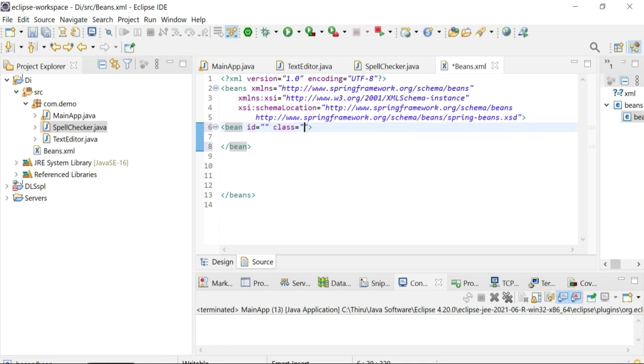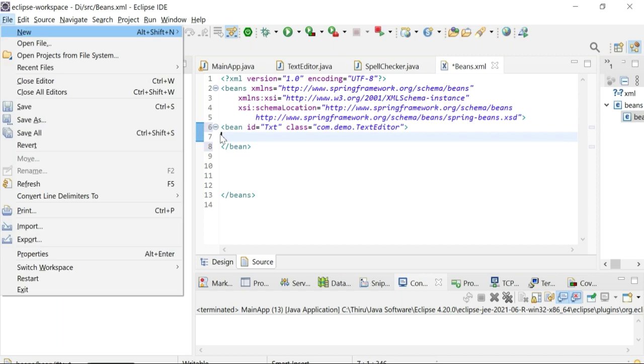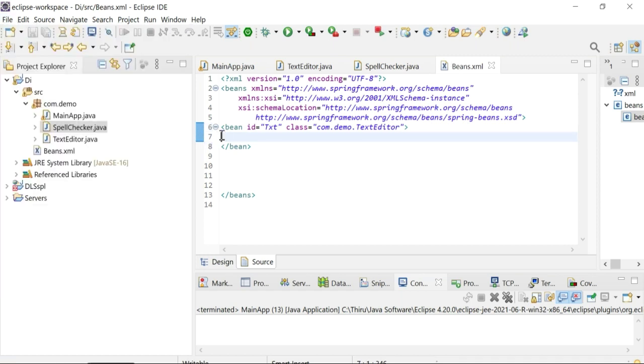In the class, this text editor resides in com.demo.TextEditor. And for this, the object is assigned in the ID attribute, which is txt.